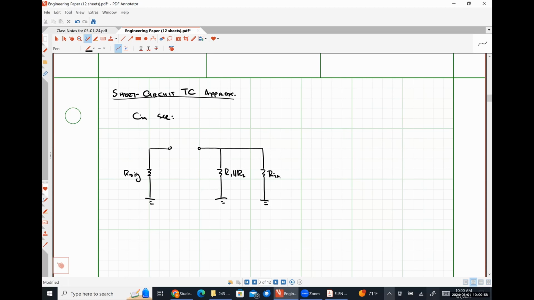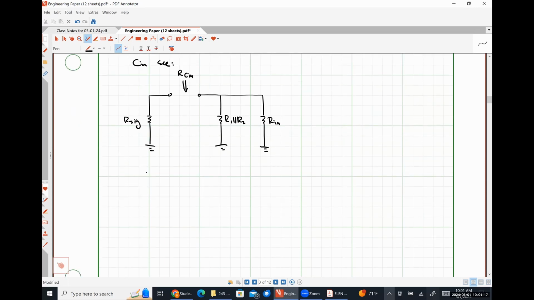And this is the resistance looking in. It's no longer going to be an impedance because that capacitor is assumed to be a short circuit. So RCn is simply R sig plus R1 in parallel with R2 in parallel with